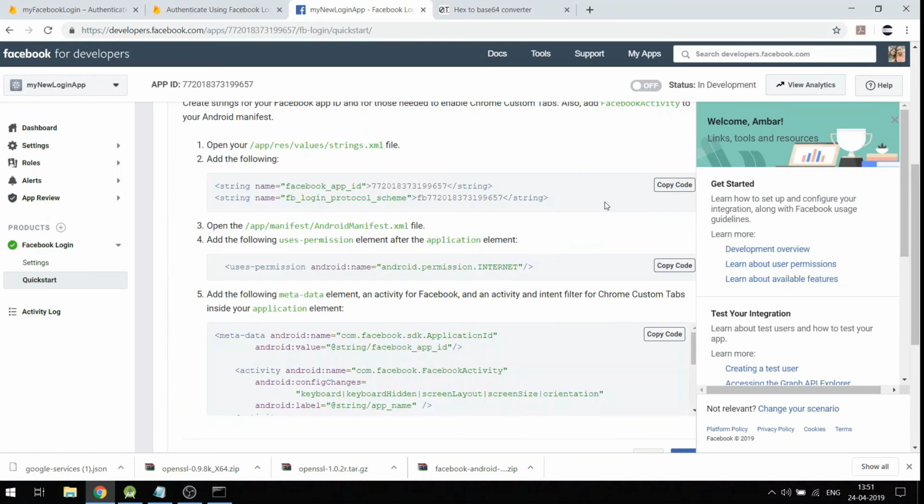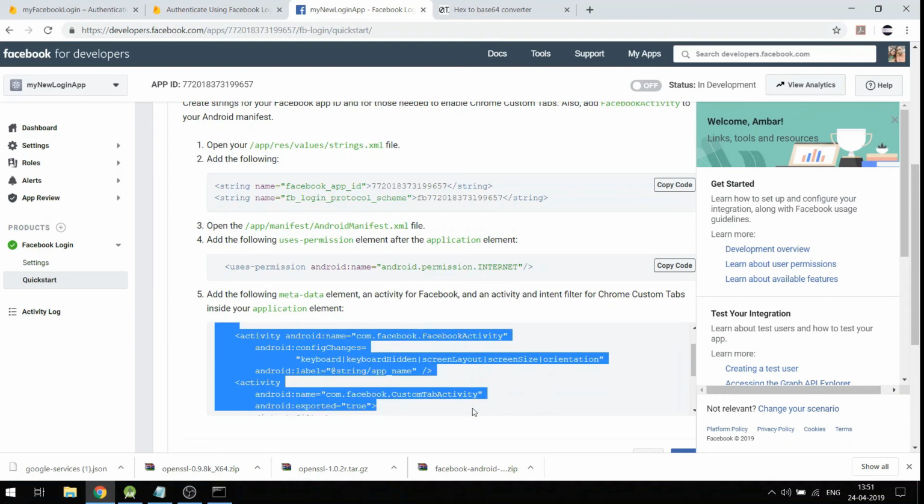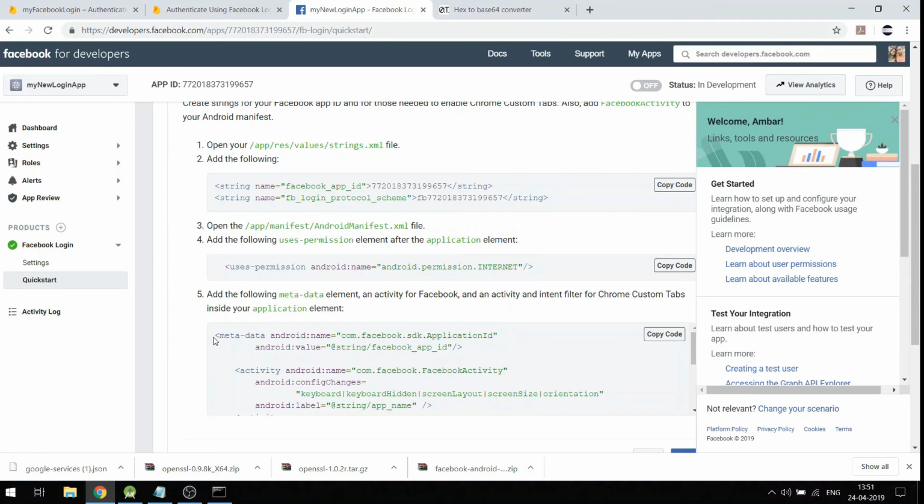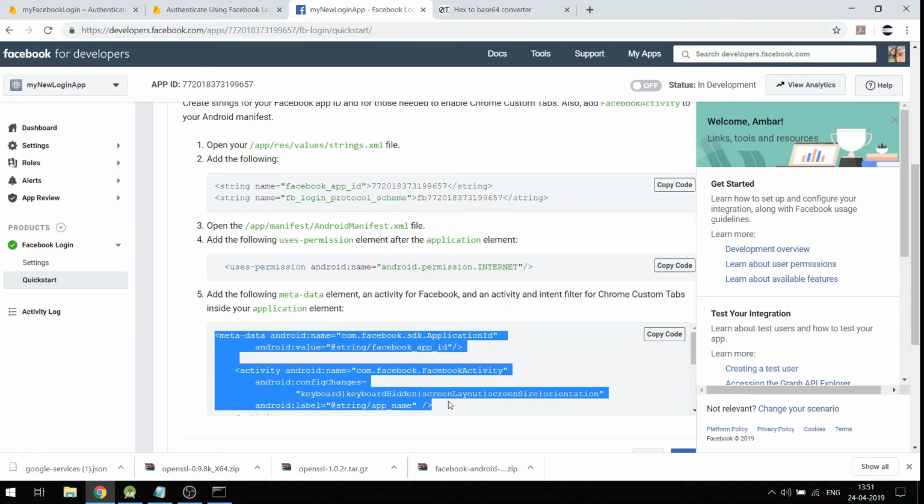Let's hit next. We'll not use the key tool because the key tool is not working. So I've tested it already. So this is the other way we'll be doing it. And in here I have missed out the metadata stuff. So let's copy everything from here up to this part,